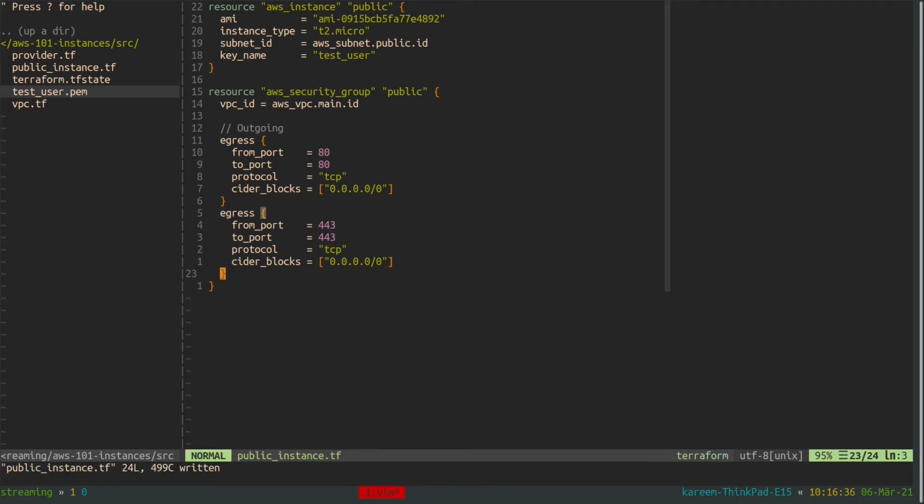And I will also allow port 22, which is SSH port, to instances on the same VPC.